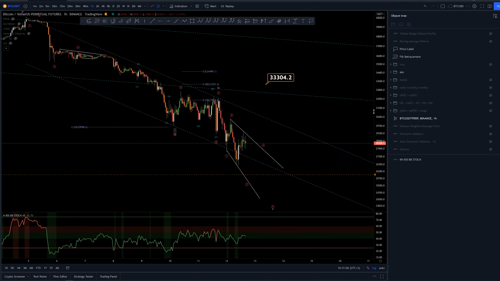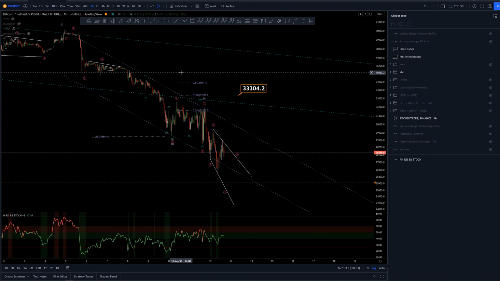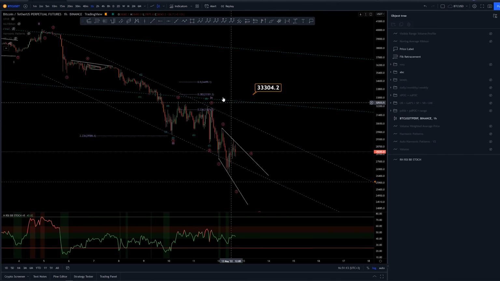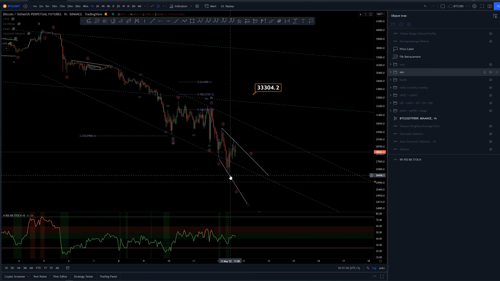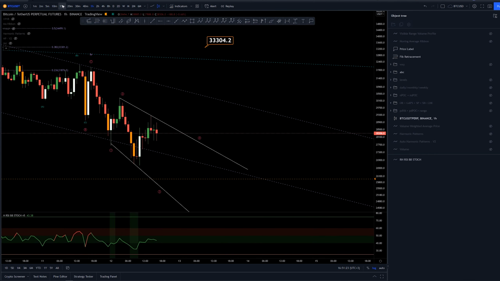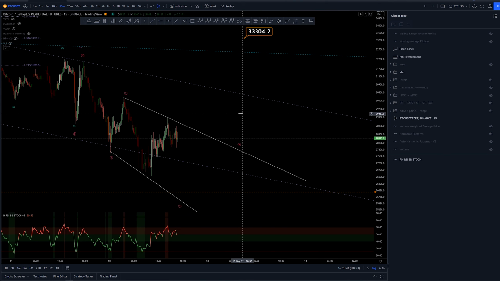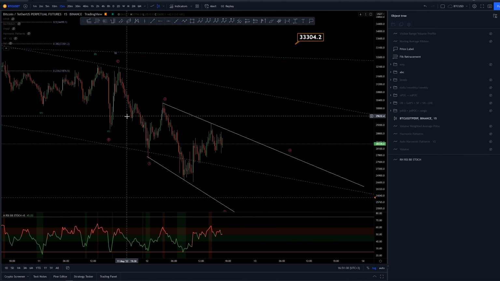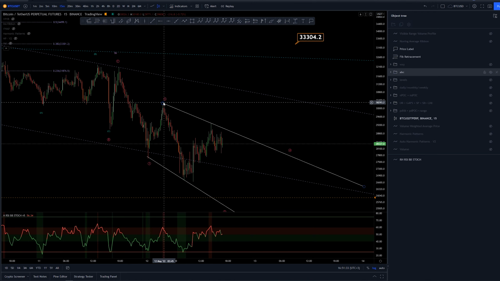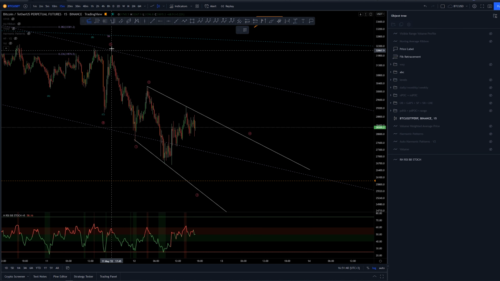I've already replaced the channel that we had previously. This is again the final channel, basically looking for the fifth. We've already come down here and broken this line, but currently it looks like we are creating some kind of weird structure that I couldn't get a good count on. So currently it looks to me at least like an ABC, ABC, and after that it is not clear what this is. The extension, again, if this would be a normal